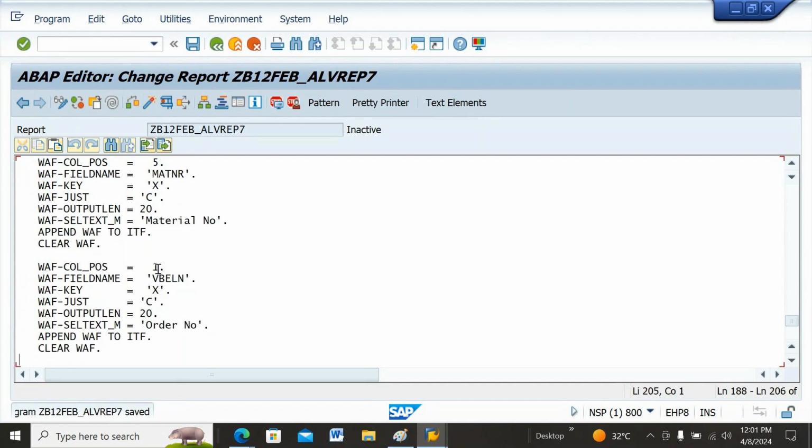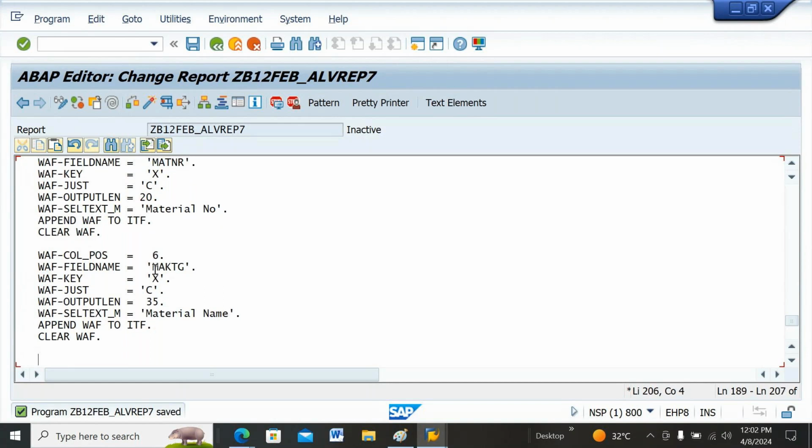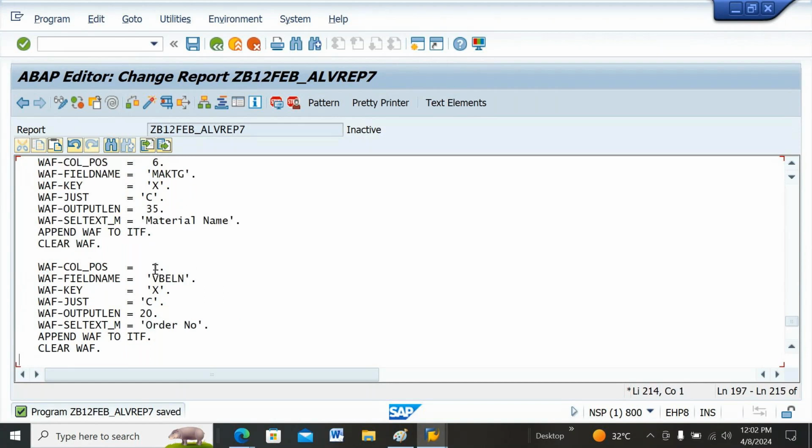is material description, MAKTX. So I'll give, this is around 35 output length. To see material description, I can say material name. Good. After that, again, last one,